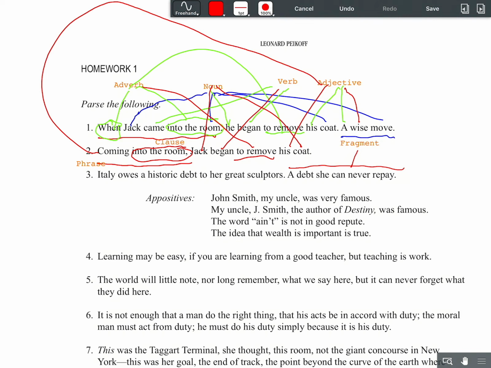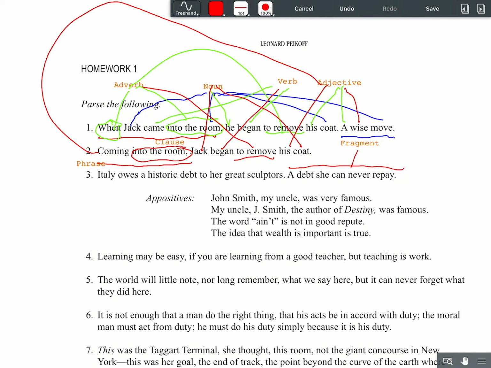It's just a noun phrase. Debt is a noun. She can never repay tells you what type of debt it is. It is a debt that Italy can't repay. Like it's too expensive for Italy to repay. So she can never repay is